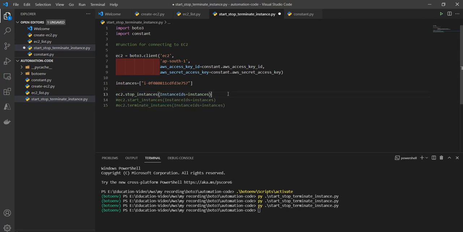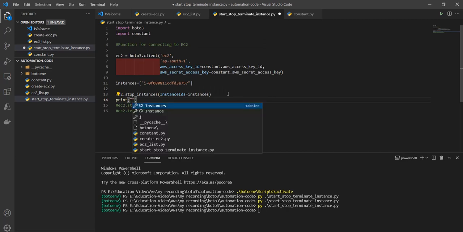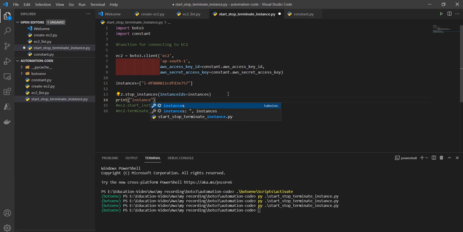First of all I want to perform the stop operation. Instance stop success.